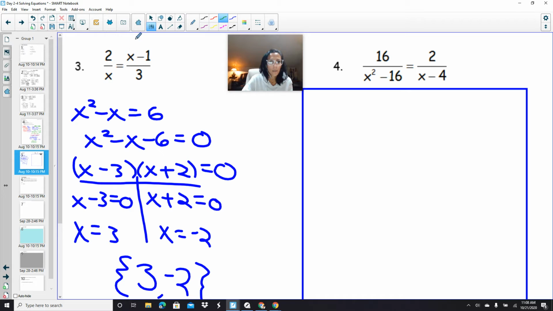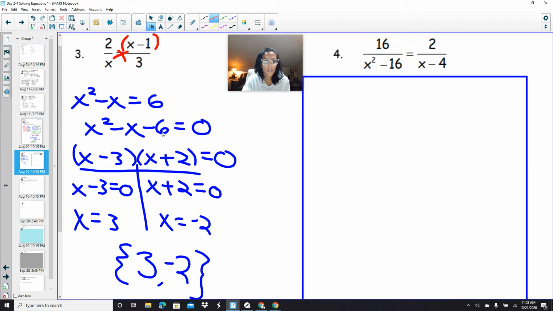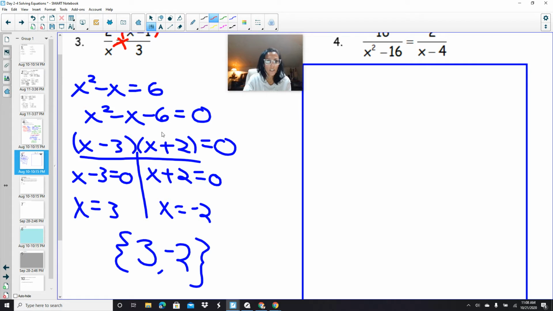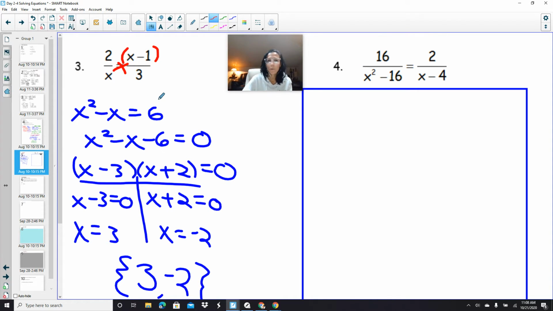Okay, a couple of things that I want to add here. Parentheses around cross multiply. When you have a squared variable, you want to set your equation equal to 0, factor, and solve. All right, we're missing a domain restriction here. The x cannot be 0. We do that